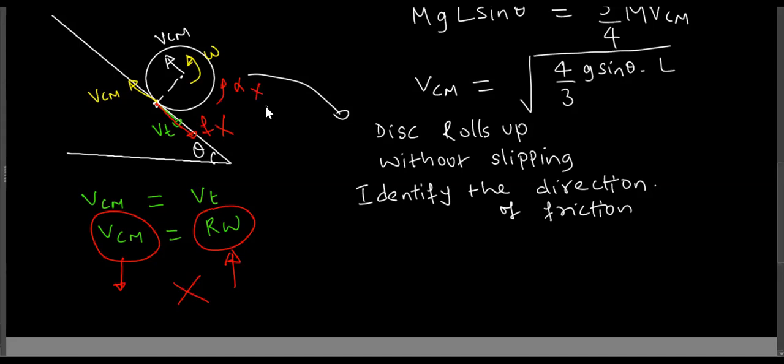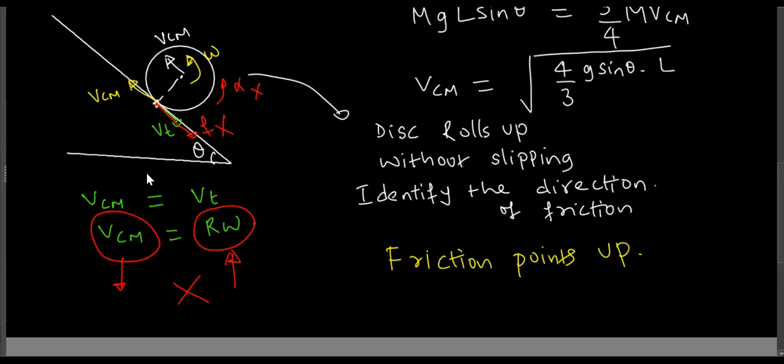So what should be the direction of friction? Up. Yes, friction points up. I think this is kind of confusing. How do you figure that out? Usually you just look at how it's moving and then take the opposite direction. The reason is because you'll have to match these two.